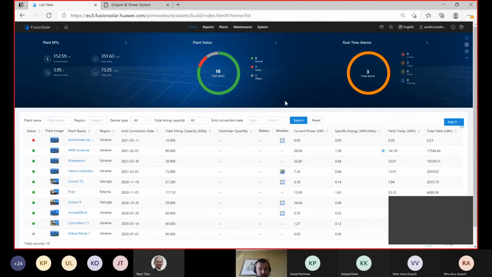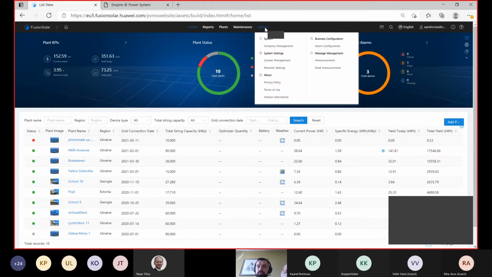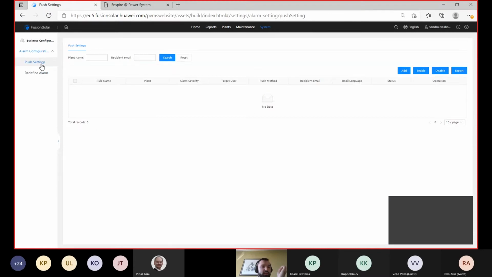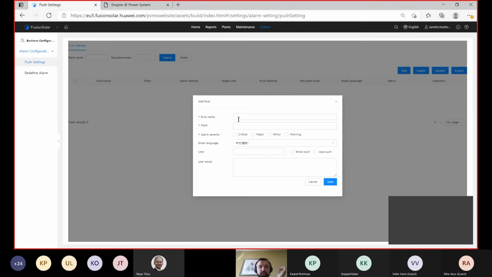Okay, so how to set up the remote notification? You need to log in into Fusion Solar, then go to System, and here is business configuration and alarm configuration. You choose this menu, and then in push settings, you need to create a rule. You press add button, then type here the name of the rule, then choose from here the list of